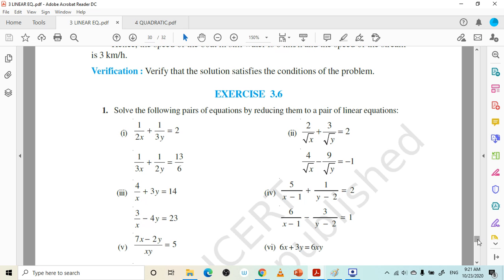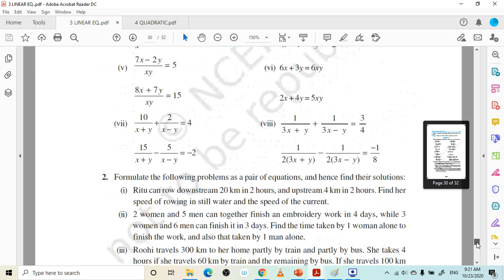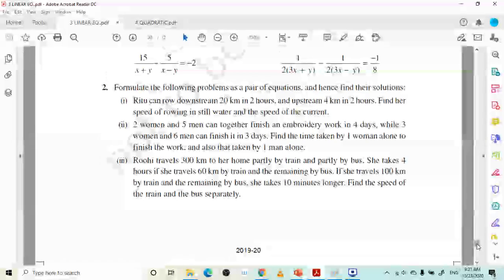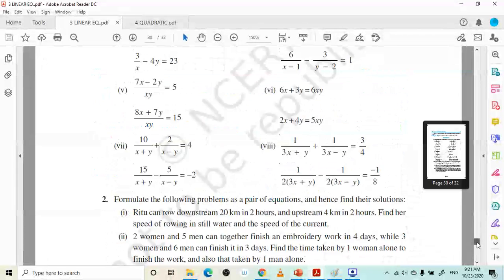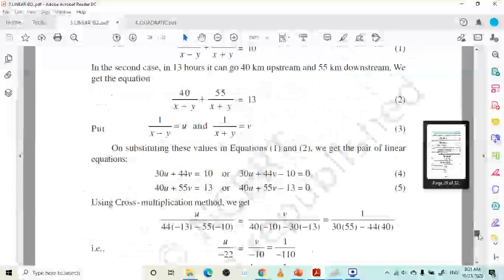from the government brochure. So now this 3.6 is totally removed. They have written that in exercise number 3.6, question number 1 and 2 are cancelled. But see, this is number 1 and this is number 2. Both are cancelled, which means the optional exercise is there. Both are cancelled means this full exercise is cancelled.